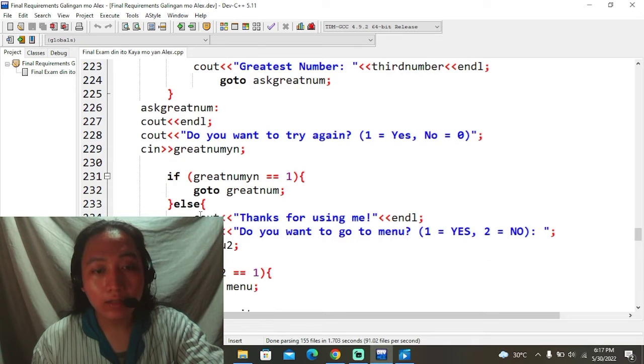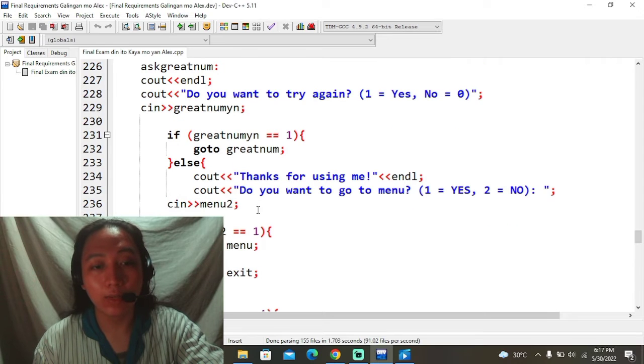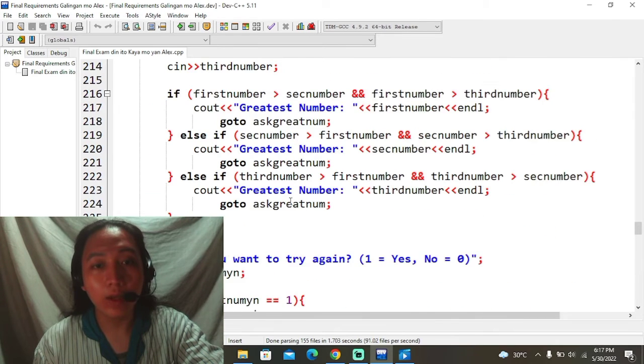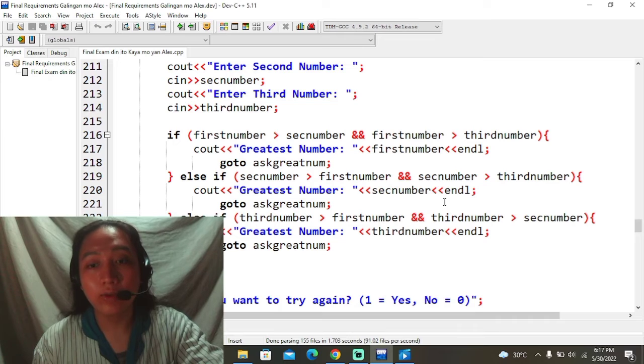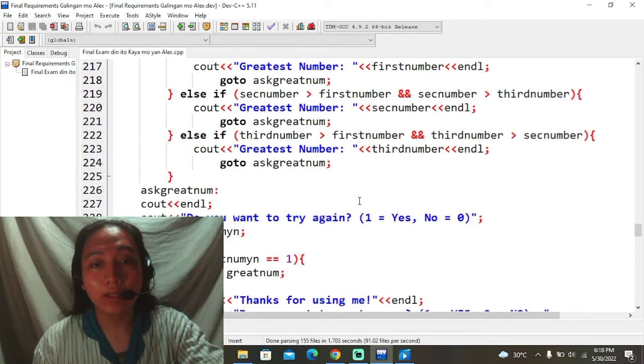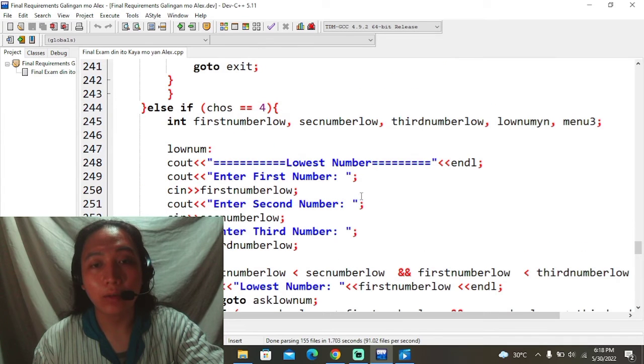Else, thanks for using me, then do you want to go to the menu, which is at the very beginning? 1 is equal to yes, 2 is equal to no, then see in menu 2. If menu 2 is equal to 1, you will go to the menu part, and else you will go to the exit part, which is at the very last part of this coding. The same if second number is greater than first number and third number, it will say that the greatest number is the second number. Then again it will check if the third number is greater than first number and second number. This method is the same in the fourth part of our discussion,